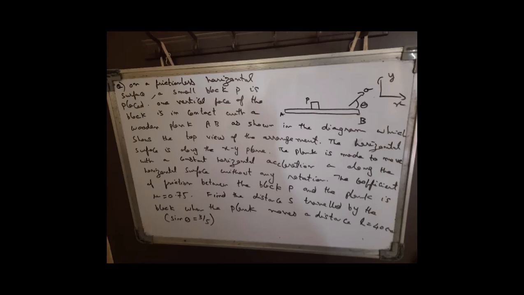Why do you take friction as mu into N? Did you check whether it will have relative motion or not? If there is no possibility of relative motion, then the friction force may be just static friction only. Yes, sir. But in this case it has to be kinetic, because with the given values of mu and theta, checking for slipping, we get that it is going to slide. Okay. If it were not sliding, then the distance moved by the plank itself would be the distance moved by the block. If it is not sliding, then it will be the same as what is given, 40 centimeters. Yes, sir.